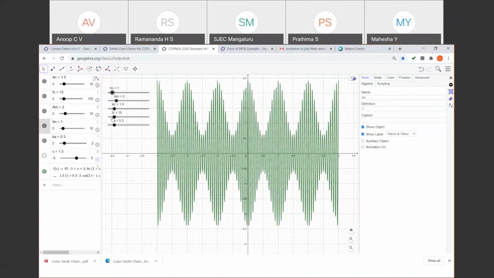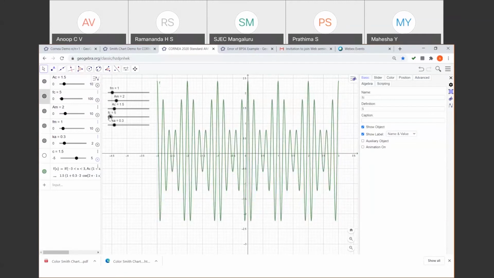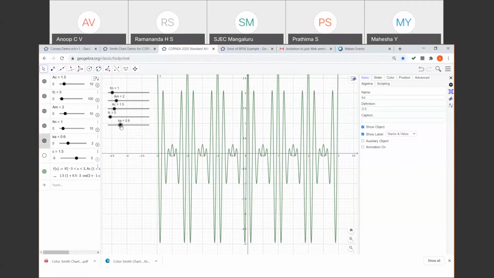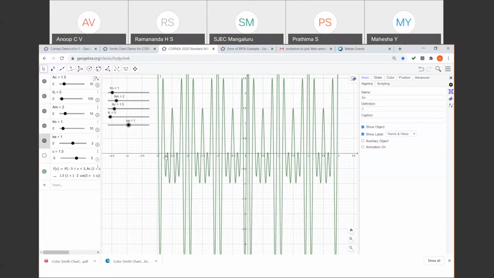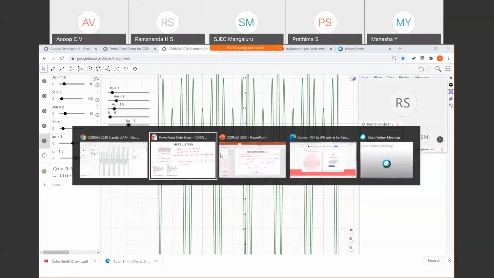And especially if I have to explain the concept of phase reversal, it is going to be difficult on the board. But now with GeoGebra, as I change here, I can show that its phase is getting reversed. Instead of the waveform just continuing upwards, it came down again. So there is a phase reversal when the mod of K into M of t is greater than 1. So it becomes easy. This is another use case which we found very helpful. I'm not spending much time on this; we move on to the next one.